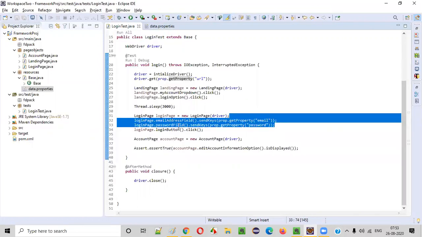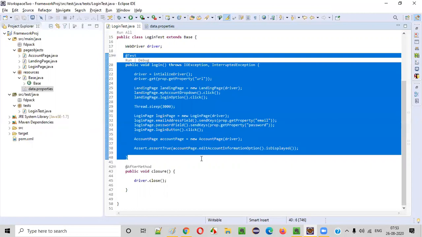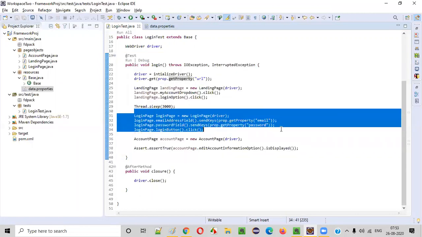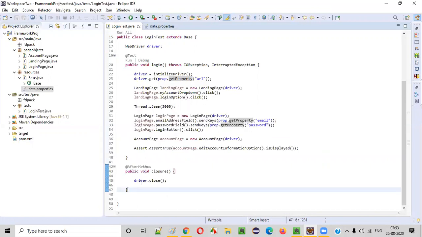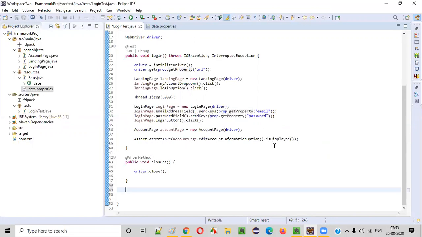So we'll see how to modify this code to make it data driven, where you will pass not only the valid credentials but also invalid credentials. How to do that? For that, I will create another method, public void getLoginData. You can give any name for this method.